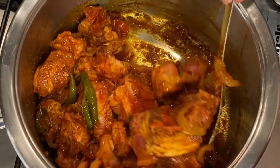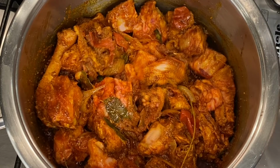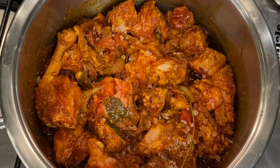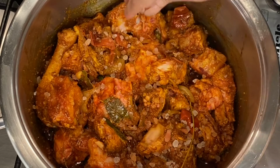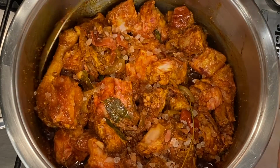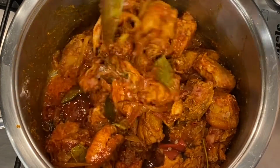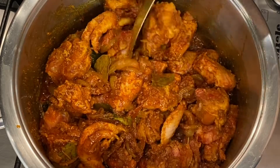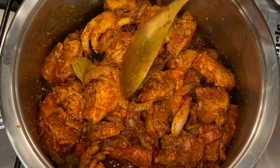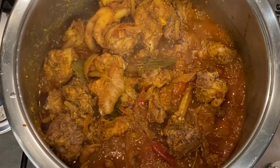Mix everything into your spices, and once you're done, you can add some salt to taste. And we're going to close our lid and then cook for approximately 30 minutes on a medium heat. So you can now turn up your heat. After about 30 minutes,